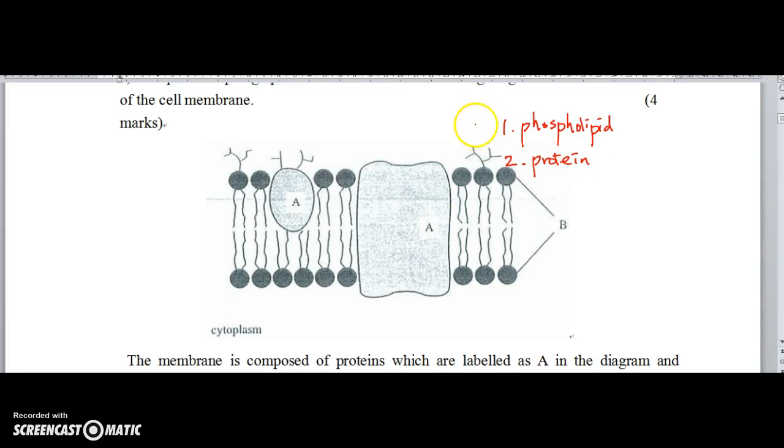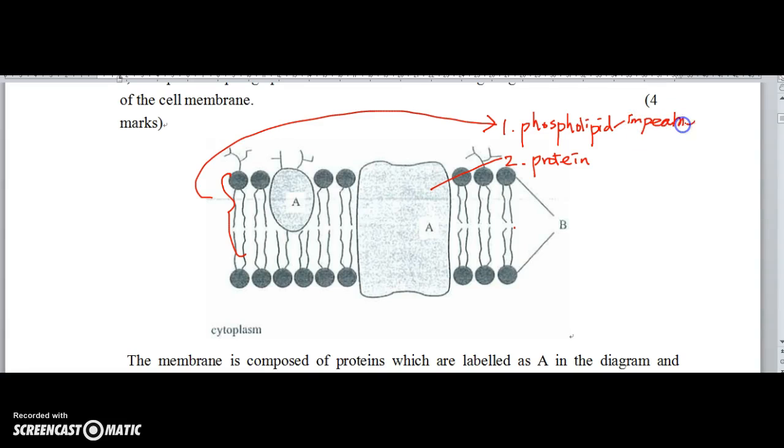So that is A and B. Here is the protein, and this is the phospholipid bilayer. The phospholipid bilayer is made up of the phospholipid, which is making it